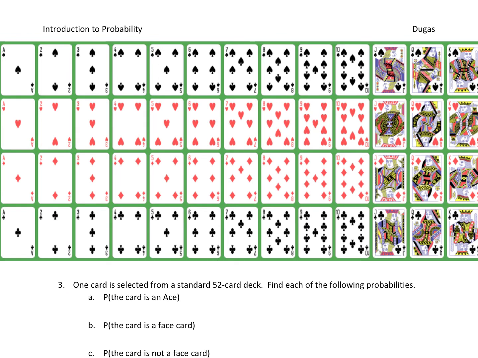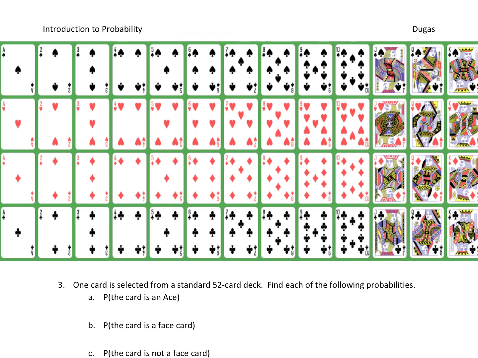Okay, another popular topic in probability. Dice is one. Sometimes you roll 1 die, sometimes you roll 2 dice, and they'll ask you questions about that. Another thing they like to ask questions about is cards. They'll tell you that you have a standard deck of cards, and you might draw 1 or more cards from the deck,